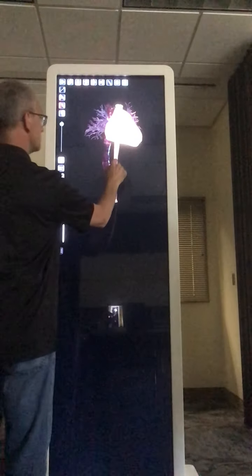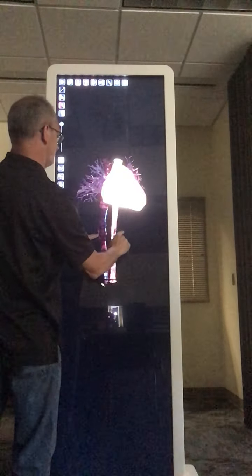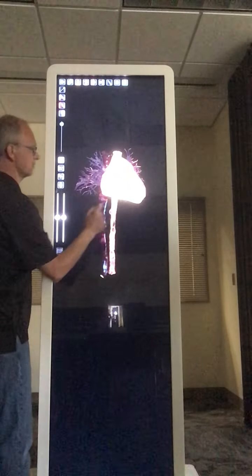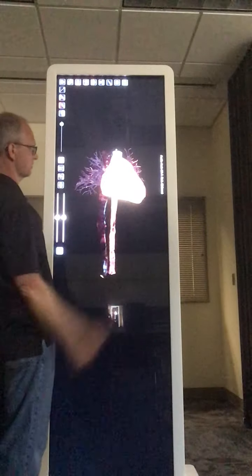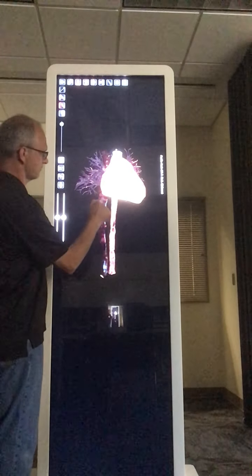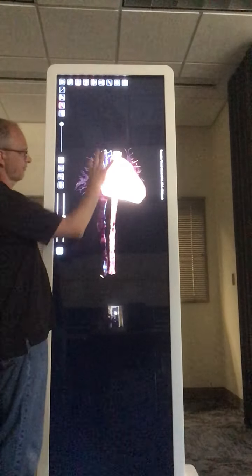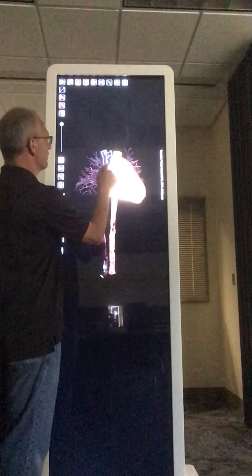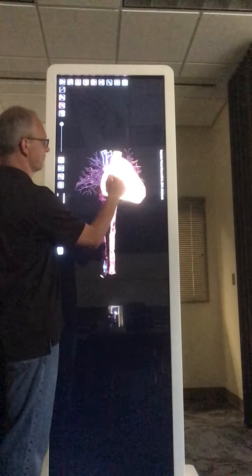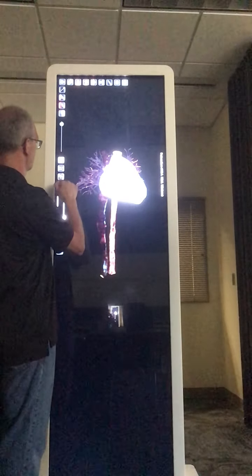So now you can see, if we enlarge this, bring it down here, you can see here is the descending aorta, which means up there, that's the aortic arch. This is the vena cava, the inferior vena cava, there's the superior vena cava. These two are bringing blood into the right atrium. The blood comes into the right atrium, goes down into the right ventricle, gets pumped out into the, let's get rid of